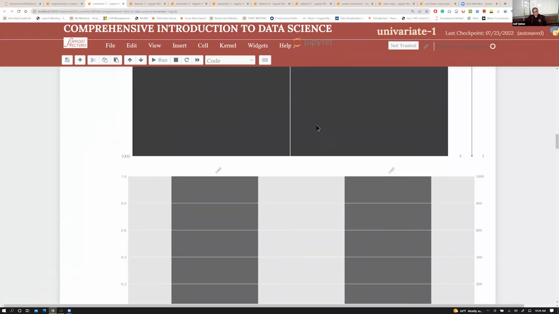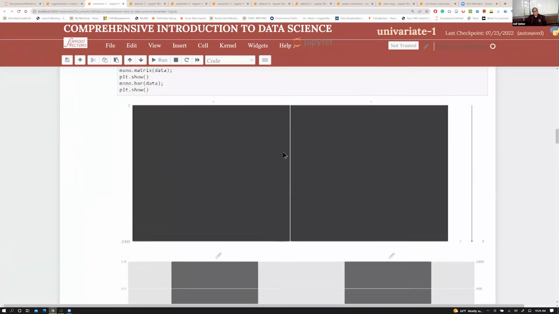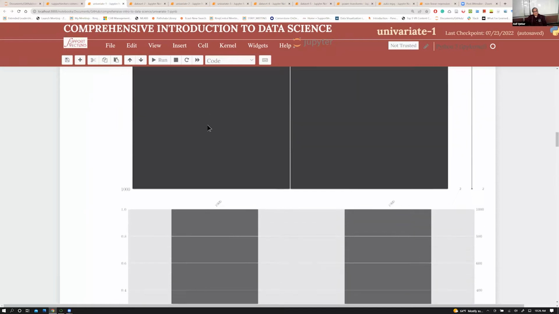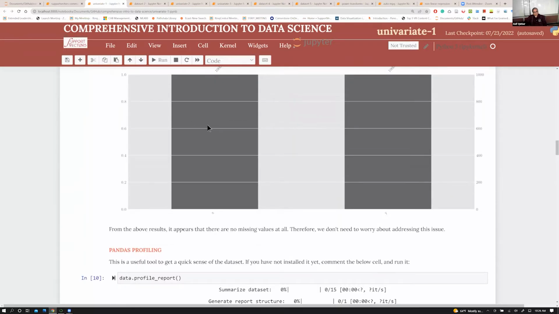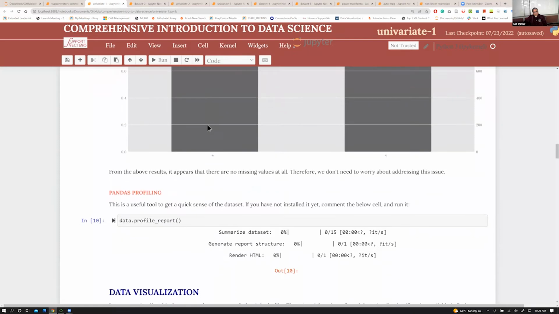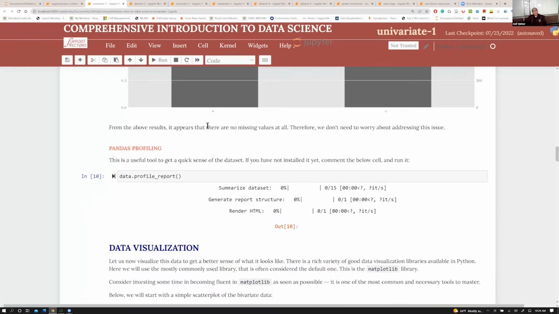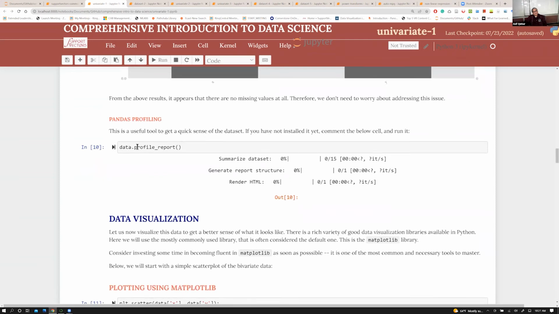So, missingno is a lovely library to help you analyze this. Then there is, I'm just introducing you here to the various libraries. There is also a library called